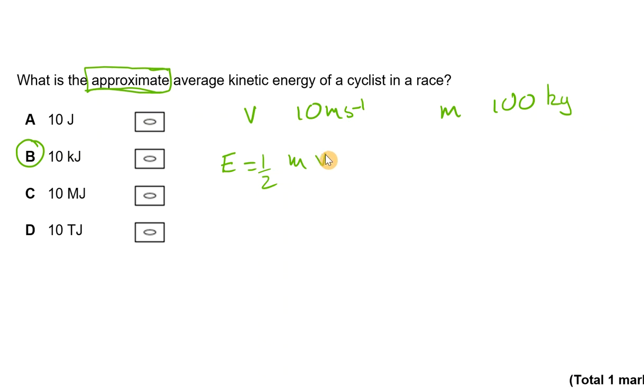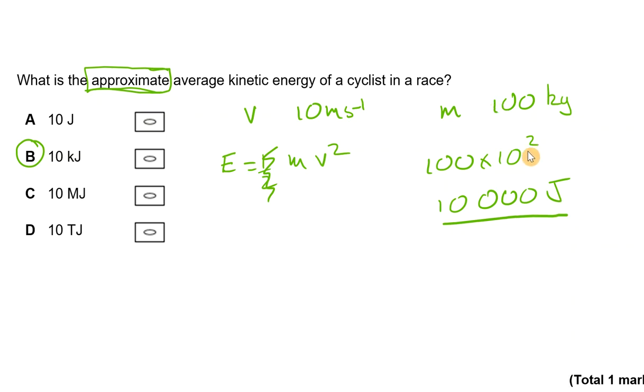half times the mass times the velocity squared, I'm going to make it so approximate, I'm going to forget about that half value. And I'm just going to multiply my mass by my velocity squared, and that comes out as 10,000 joules. Now, you might say, well, I think cyclists maybe travel at 15 meters per second on average or